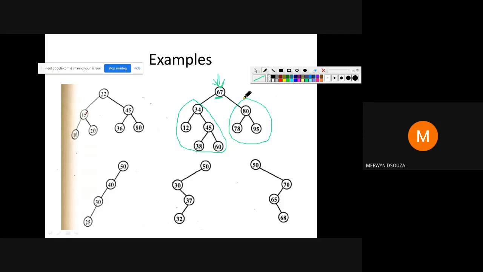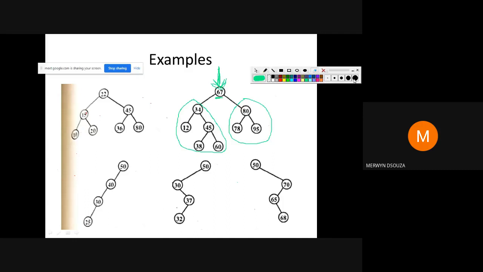Similarly, all the values on the right subtree are greater than the value of the root node. Okay, this is now with respect to this node. I'm talking with respect to this node. Can you see? All the values on the left subtree of that node, node 67, are less than it. All values on the right subtree of node 67 are greater than that.